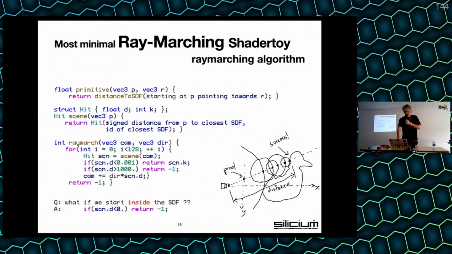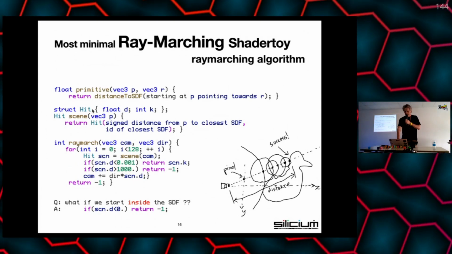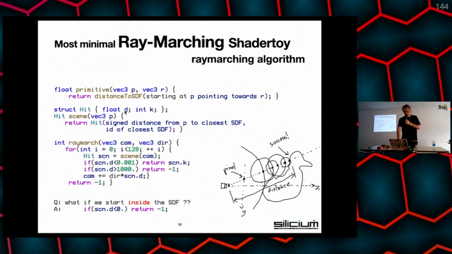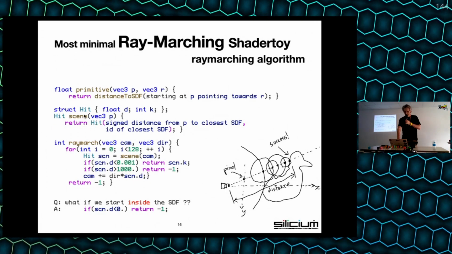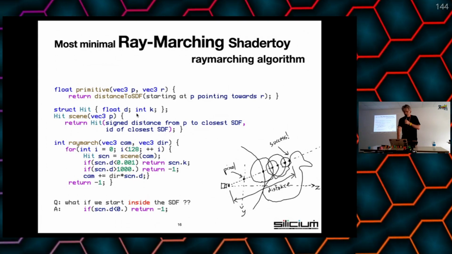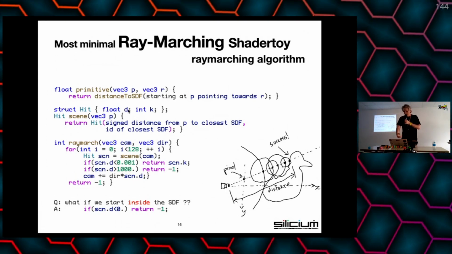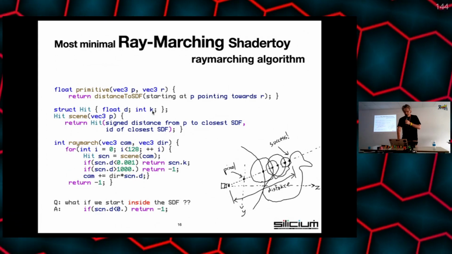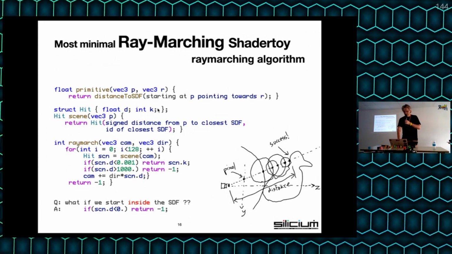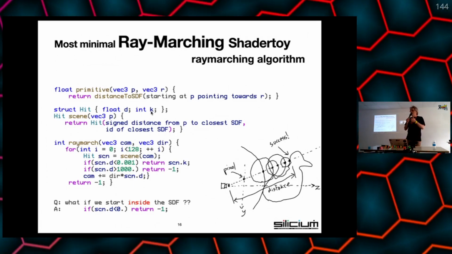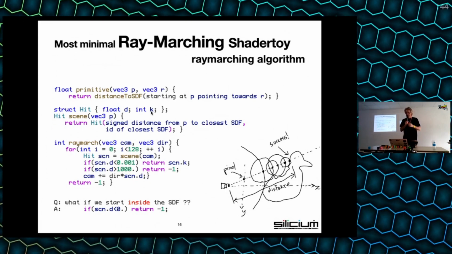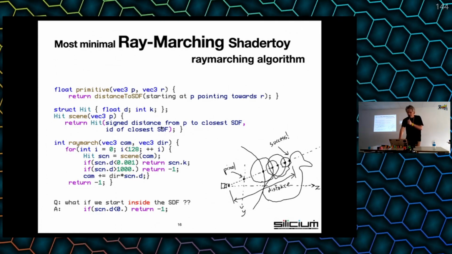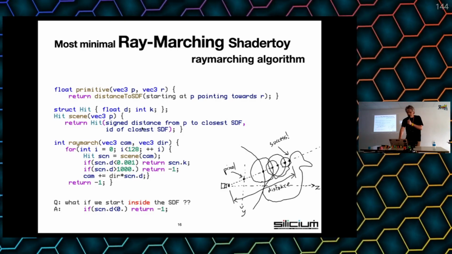So we will see an example of a simple distance function. And then, because we want to compose a scene of several SDFs, typically we want to combine several objects, a complete scene is going to be something that returns a slightly more complicated return value, where we still get the distance function if we want to use it, and it's actually useful for shading, even though I will not be doing it in this case. And we want to know which of the objects, represented by an instance number, an index in a list of objects, was the closest for that particular ray, starting from P towards R. We want to know which object